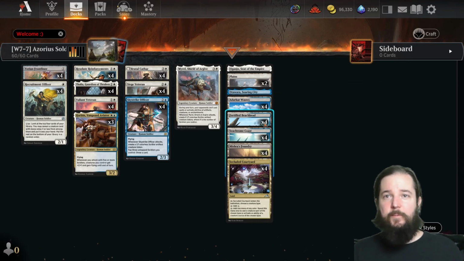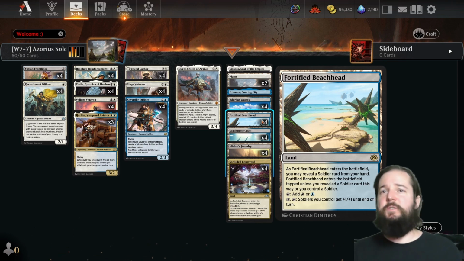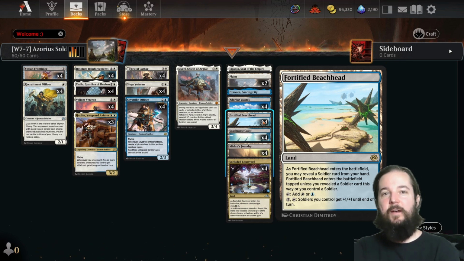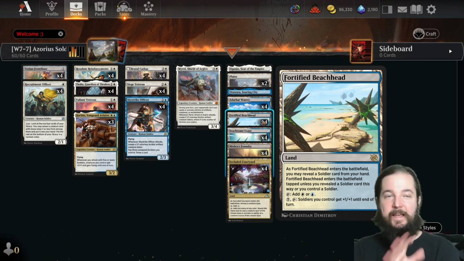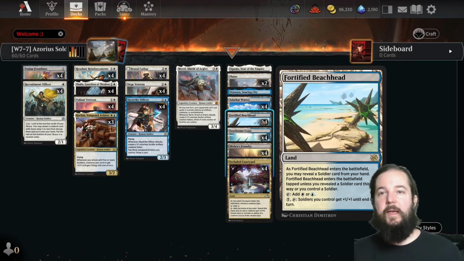And then we've got a Fortified Beachhead, which is the soldier-specific land. And so this one's really only seeing play in soldier decks. That's because it comes into play tapped unless you have a soldier on the battlefield. Then you don't have to reveal anything. Otherwise, you have to reveal a soldier from your hand. And then later in the game, you can use this as an additional board pump,